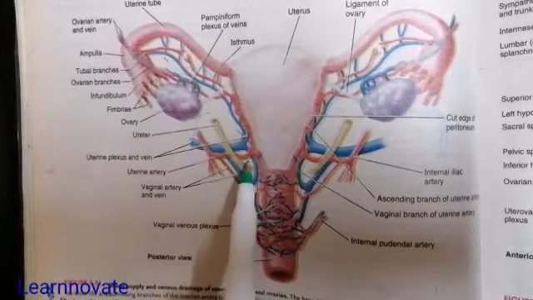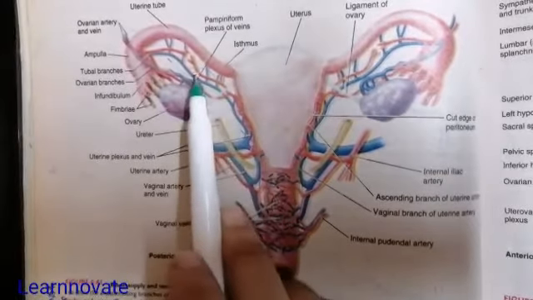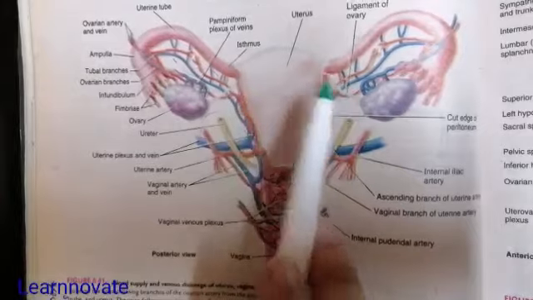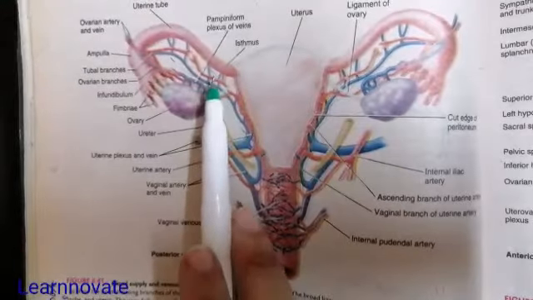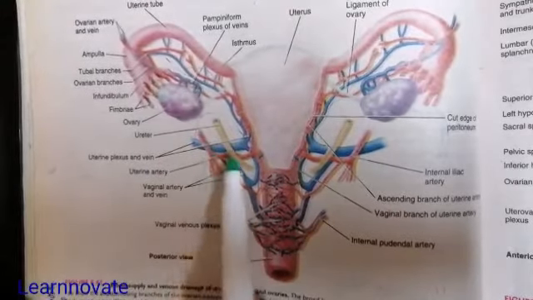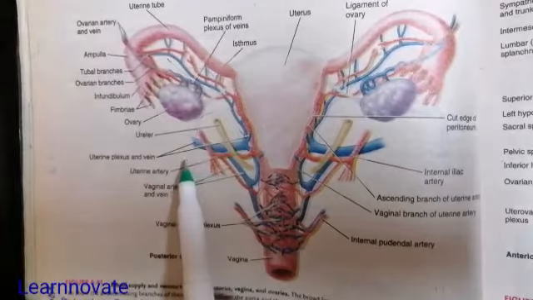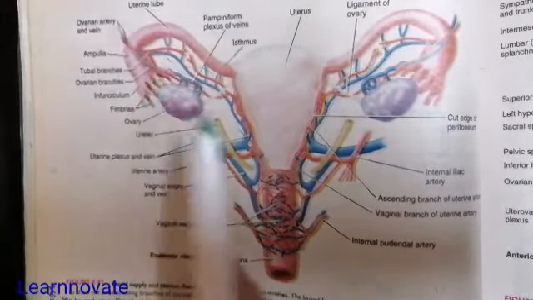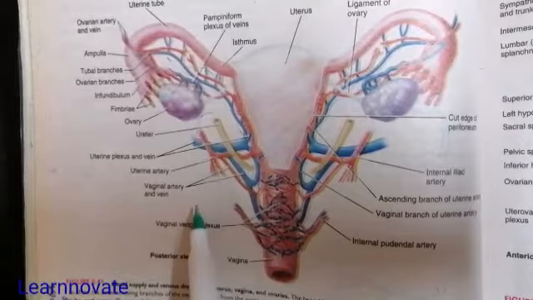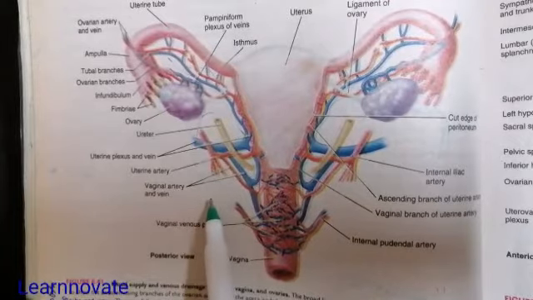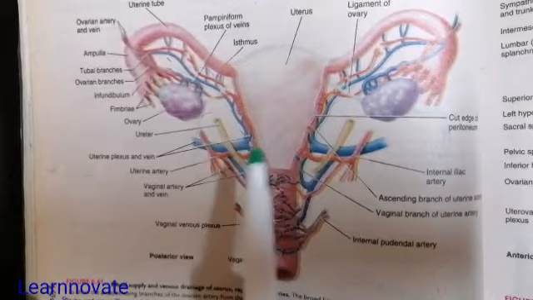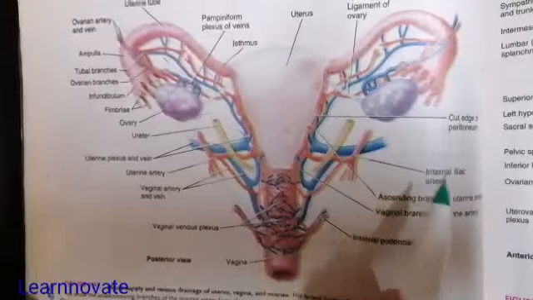The uterine artery supplies the uterus, while the ovarian artery supplies the ovary, and by anastomosis they supply the broad ligament and the uterine tubes. The venous drainage follows the same arteries. The ovarian veins drain into the inferior vena cava, while the uterine veins drain into the internal iliac veins. So these anastomosing channels supply the internal genitalia of the female.